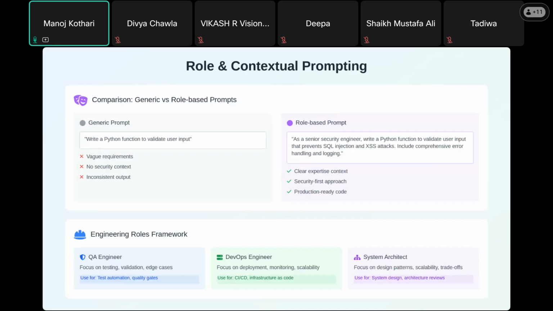Are you able to get me? Yes, sir. Okay. So if you need something similar to a particular writer's or programmer's style or particular concept,